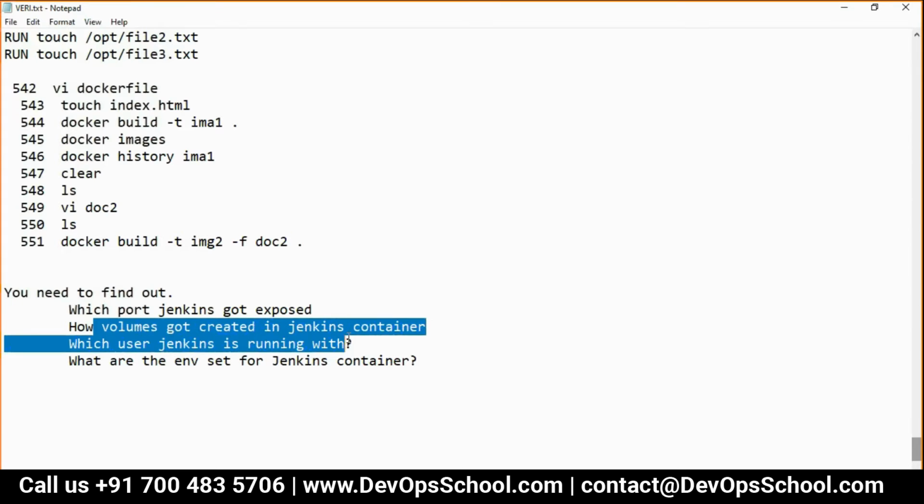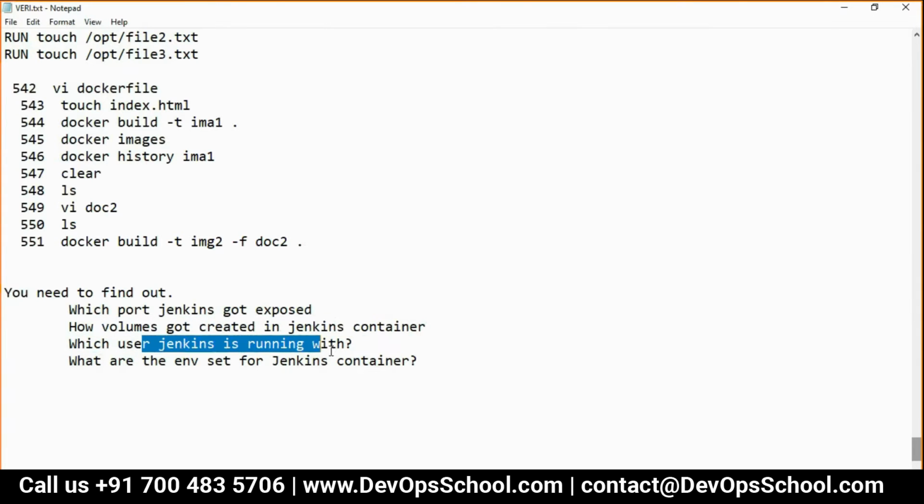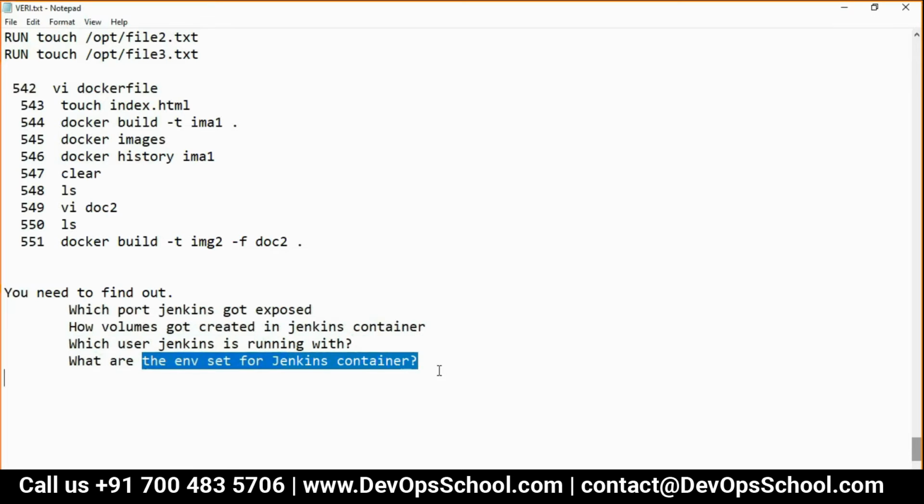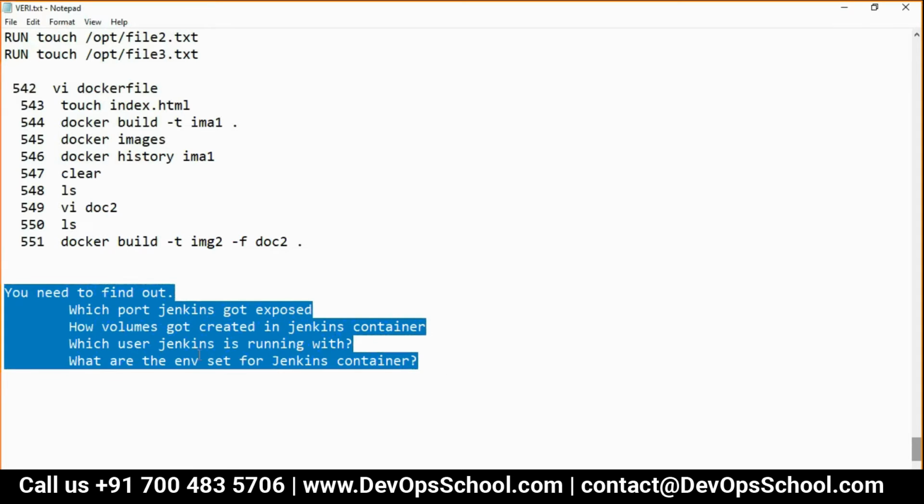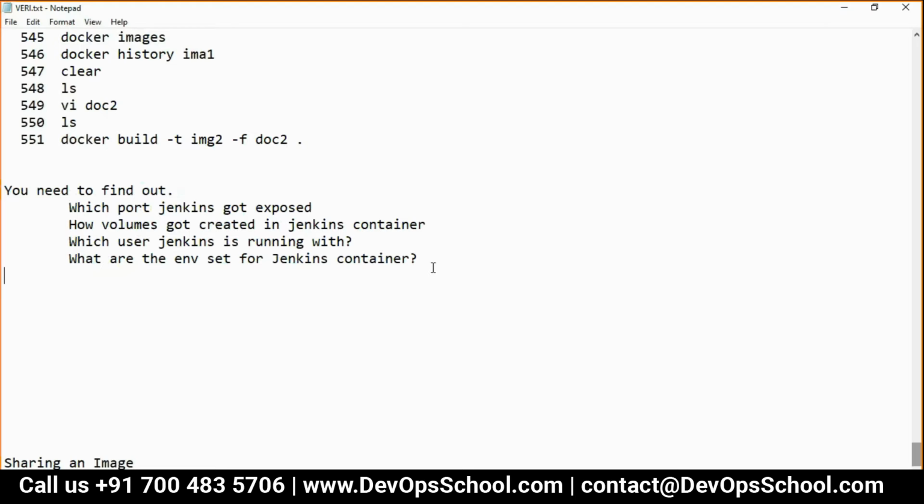How did this volume get created in the Jenkins container, which you saw yesterday? Which user is Jenkins running with? What are the environments set for Jenkins? This is the one. And the last question I'm going to ask you: how to set PID 1 for the container? That is important. I hope you remember this question. Very important question. How to set PID 1 for the container. So now here,